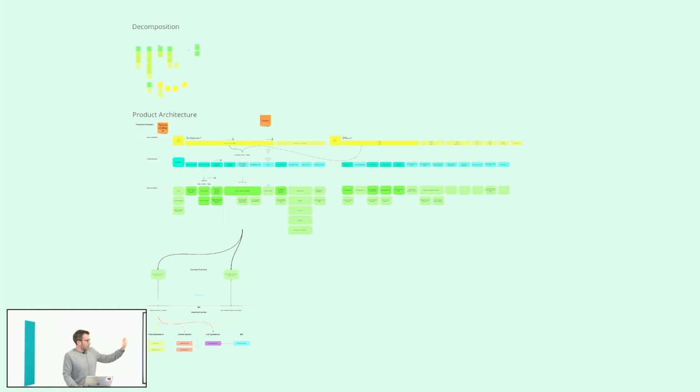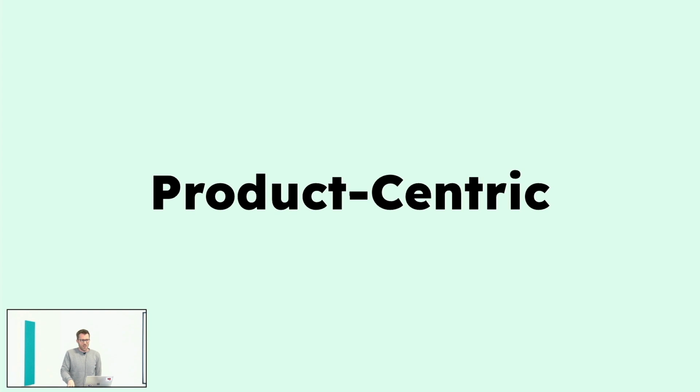So this is a really high-level view of getting to a product architecture, and I will now add a few words about what product architecture is and what it's not, because it's also important to understand. Decomposition is more like a composition again, and then you can derive technical concepts from this. This is something I would call product-centric, because you're not just having the product as an abstract terminology somewhere in the room, you are having the product as the connection layer between technology and business, really visible to all people in a very simple, understandable way.